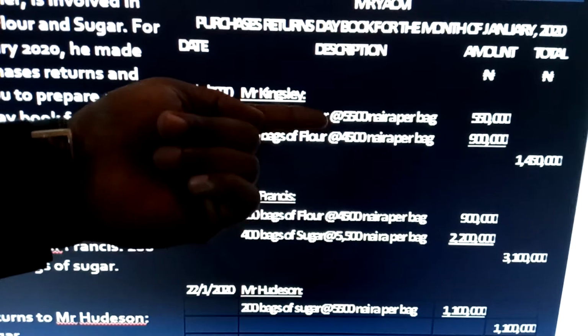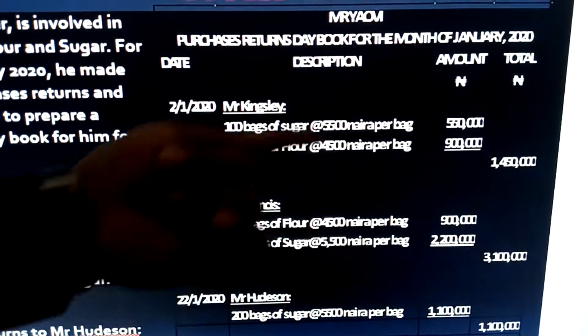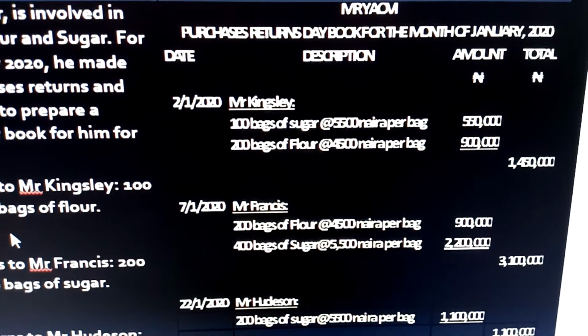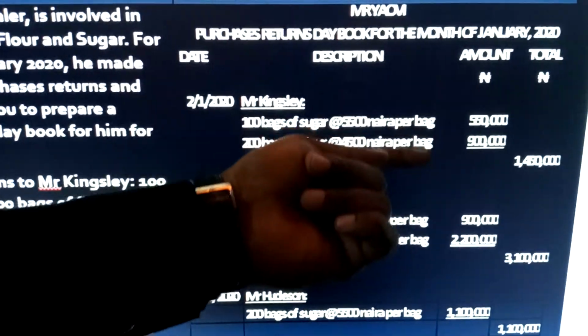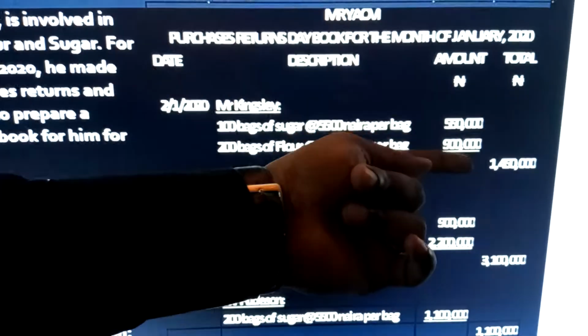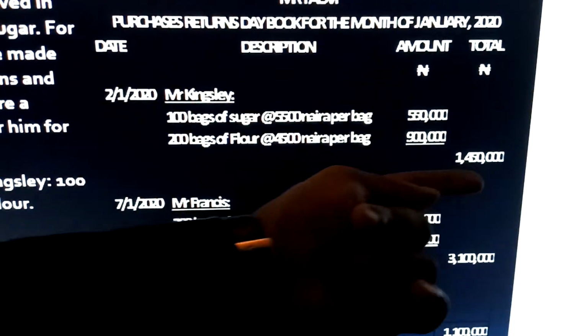How much did we buy from him? 5,500. So we multiply 100 bags by 5,500. We have 550,000. He returned 200 bags of flour at 4,500 naira per bag. So if you multiply 200 by 4,500, you have 900,000. That gives us a total return of